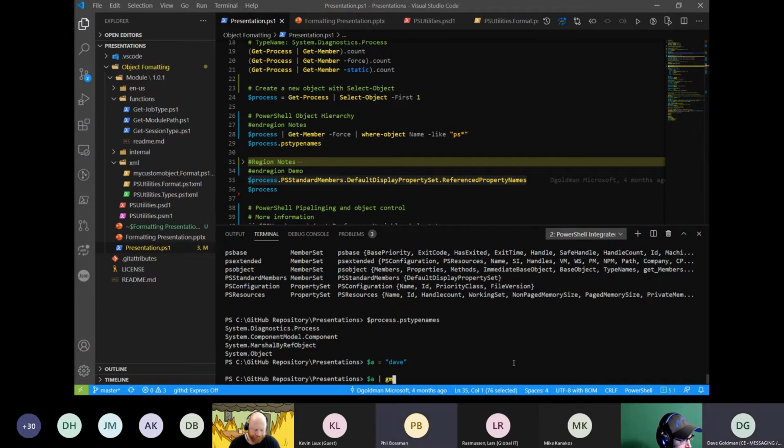Yes, that is a very, very good question. The type names are very important for a couple of reasons. Number one, most important, is what type of object are you actually working with? In regards to remoting, if I was to do a Get-Mailbox in Exchange, and I'm expecting a certain type of object to come back with the data, and maybe it's unmarshaled, I may end up with a different constructed object, which changes my views, and also changes the information I thought I had, as opposed to what I do have.